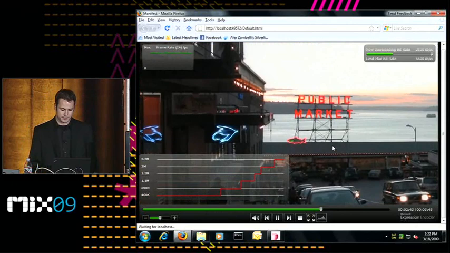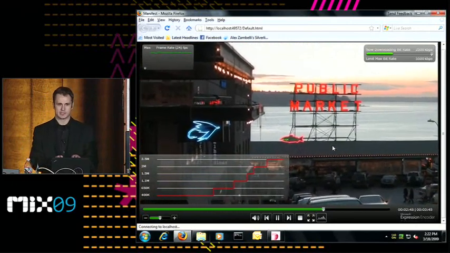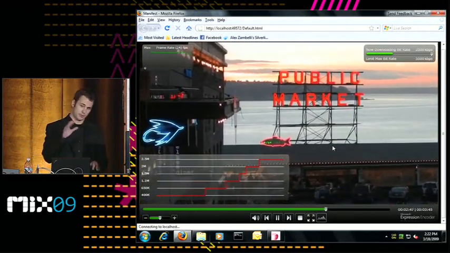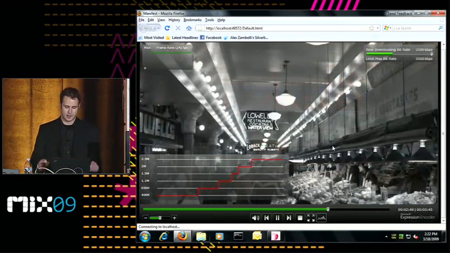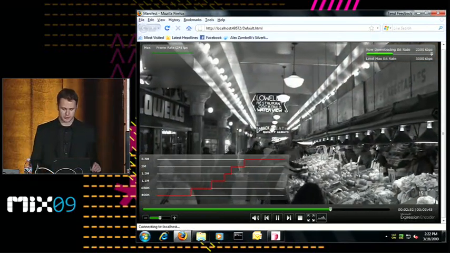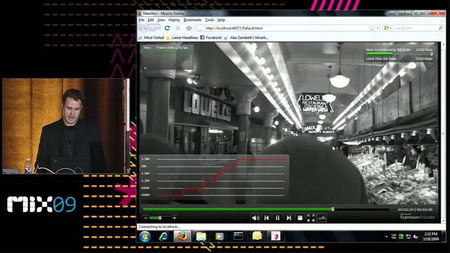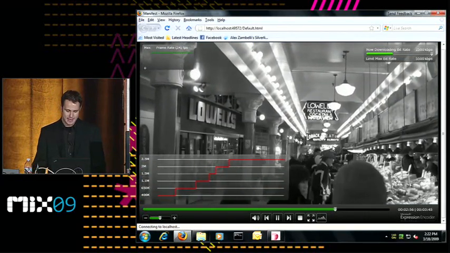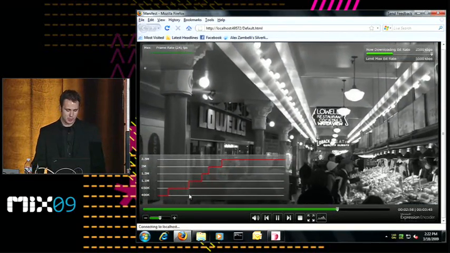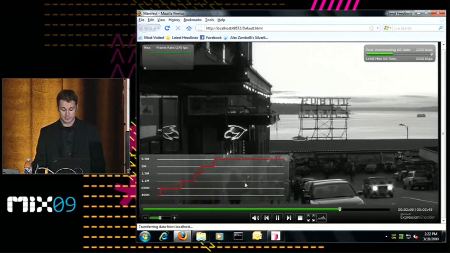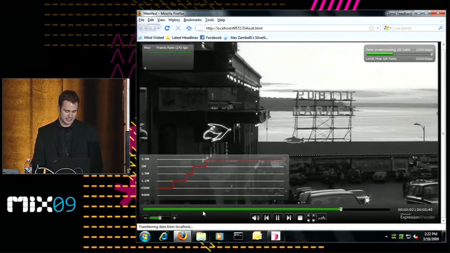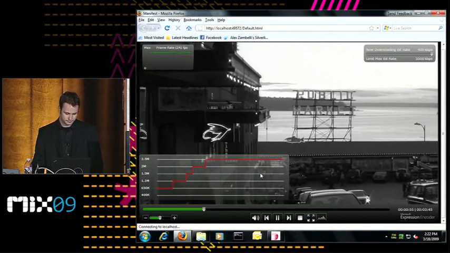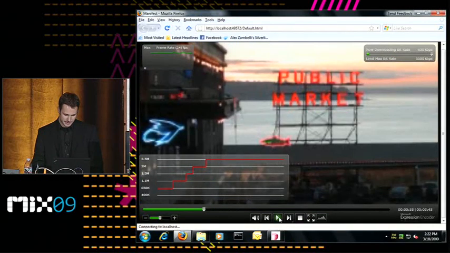And this allows you, because this player has built-in smooth streaming support, and if you saw the keynote this morning, you saw the announcement about smooth streaming. But this player in particular has smooth streaming support built in, so that you can actually see what bitrate is being downloaded and played. So as I seek, you can notice, for example,